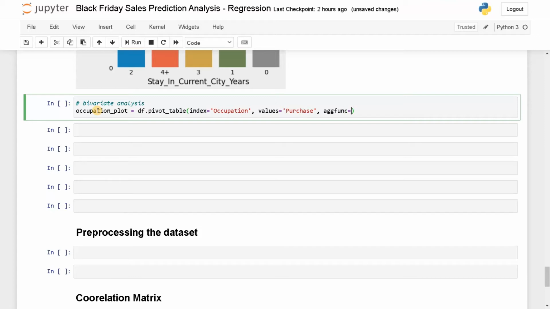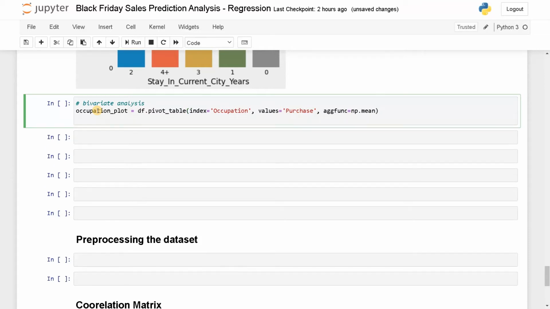So based on the aggregate function, the value varies. I'm going to use mean of each occupation and occupation plot dot plot, kind is bar plot. So you can change the kind also if you want. Figure size equals 13, 7.